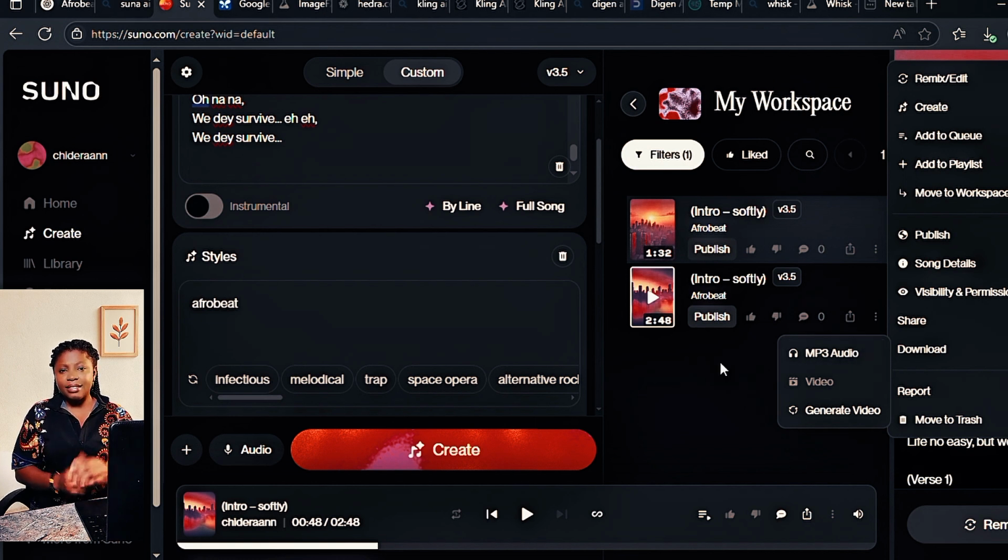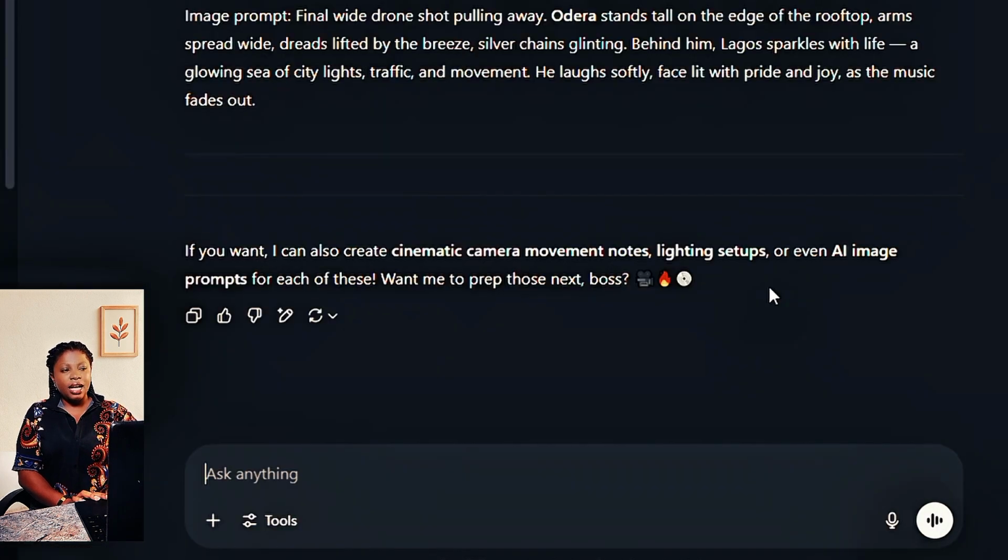Now that we've downloaded it, the next thing we're going to do is to generate images for our song. And we're going to be using ChatGPT for the same purpose. And so we're going to head over to ChatGPT. And first of all, we're going to upload that sound that we have just downloaded, upload it to ChatGPT, and